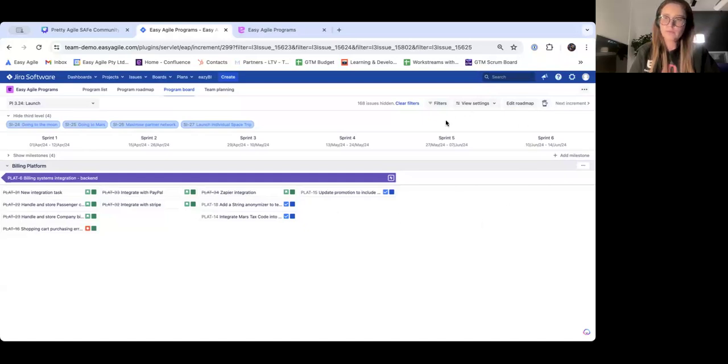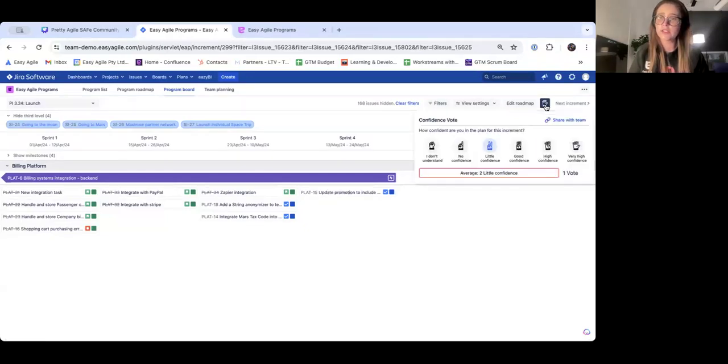And then confidence voting. As I said, we recently introduced confidence voting, and it's been a popular feature of the product so far, but it's to facilitate and aggregate PI confidence voting. So you can just click this little hand here, as you can see in the top right corner, and it can be used at various points of the program increment, to gauge confidence at various moments in time. For instance, at the beginning, the middle, or the end of a PI planning session,